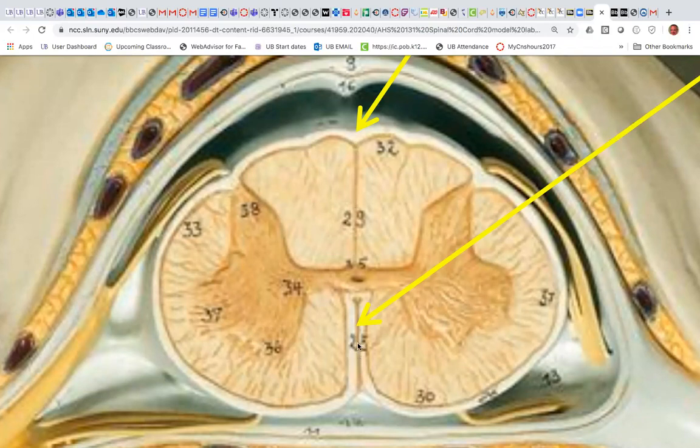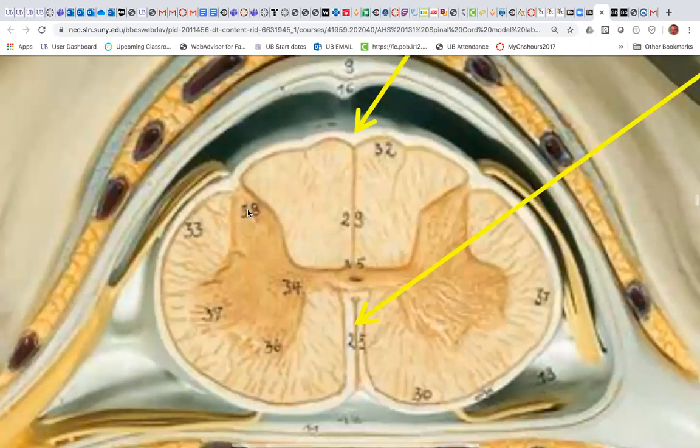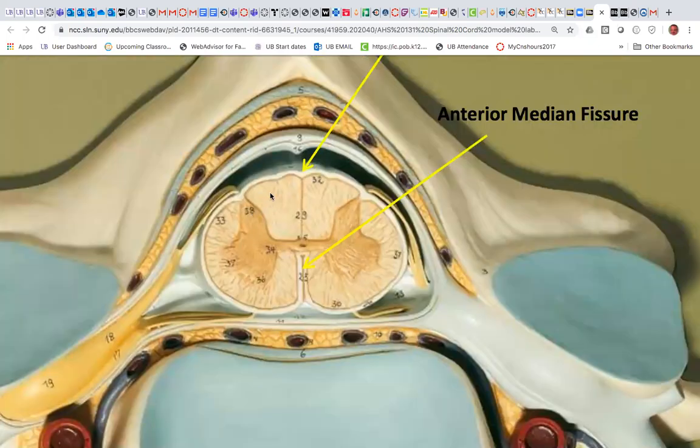The anterior median fissure, that gap looks a little bit wider. And then the PMS, that slit looks like it comes all the way down to the inside. It's just very thin. So you have to be able to decipher where the PMS, the posterior median sulcus, is versus the AMF, the anterior median fissure. Once you identify the anterior median fissure, then we know anterior horn. Once we see posterior median sulcus, then we know dorsal horn or posterior horn. Okay, so those are some key